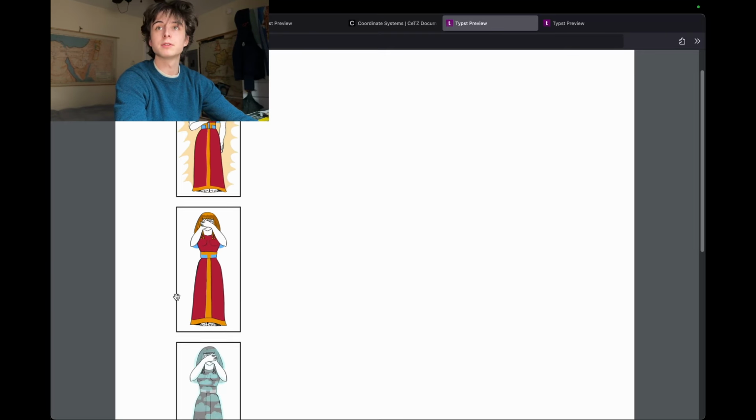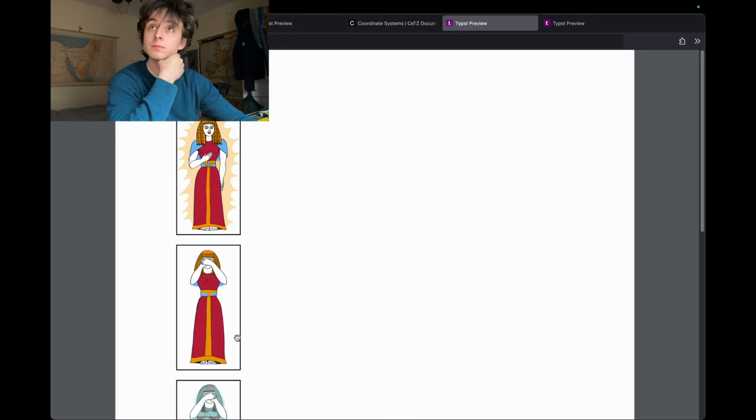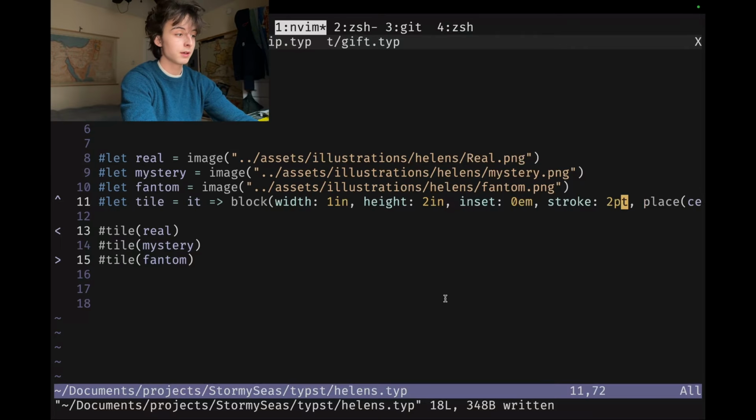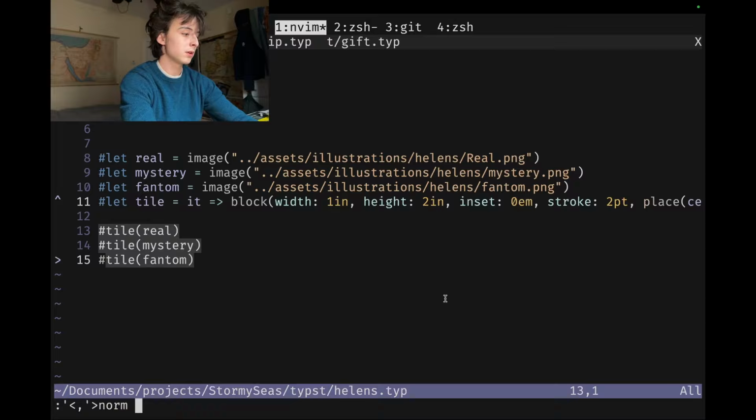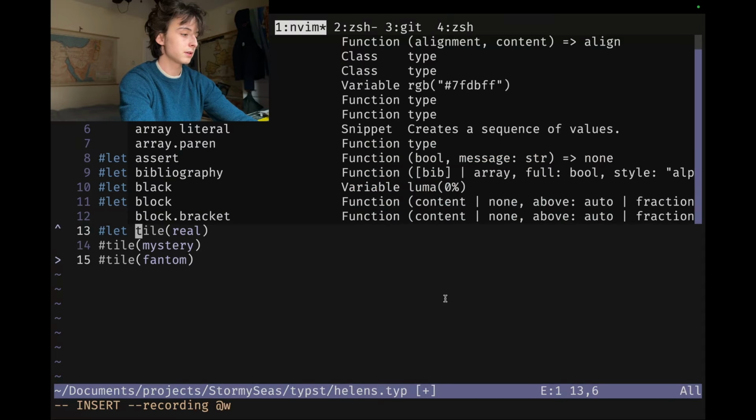So then we should be able to see what our Helens look like. That's pretty nice. Okay, so now they're in blocks instead of pages. Let's throw them onto the ship's sail. So that can pretty easily be done. And I want to export each of these. So let's do let